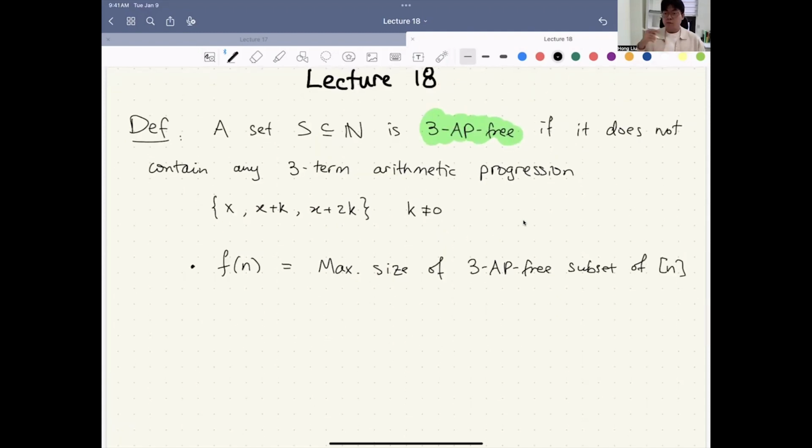So let's first look at upper bounds. First of all, Roth, using Fourier methods, proved a bound of